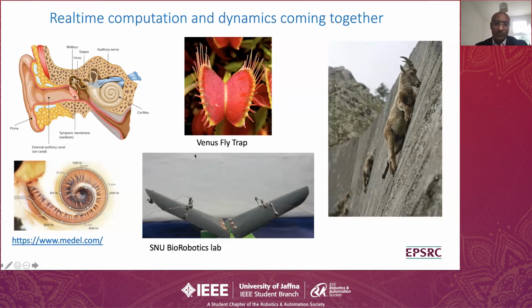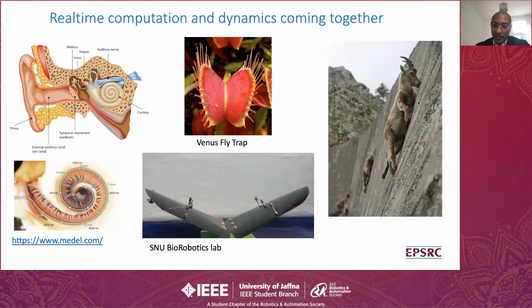This Venus flytrap example is like that. It is just a bistable structure solving the problem, right? And then in the goat hooves, these mountain goats, when they climb up those cliffs, it's very difficult to climb without slipping. Even if they slip, the brain doesn't have enough time to react, because it takes about 100 milliseconds for the signal to reach the brain, and any kind of computation happening in the brain is about 50 milliseconds. And then all the commands have to come down to the muscle fibers, millions of muscle fibers, and amplify them. All of that takes about 300 milliseconds, which is not enough to survive on that kind of cliff.